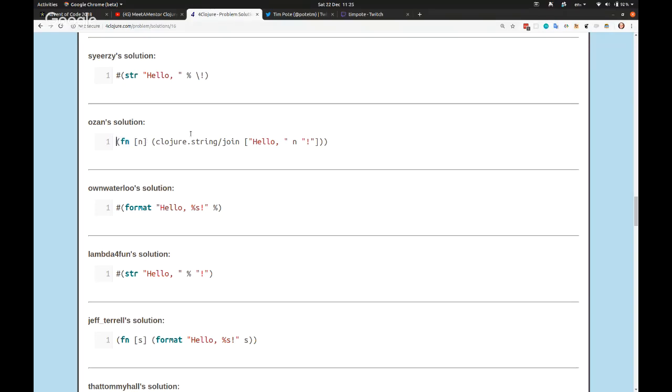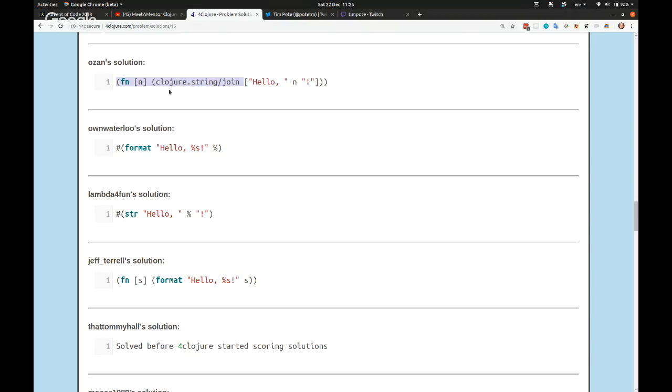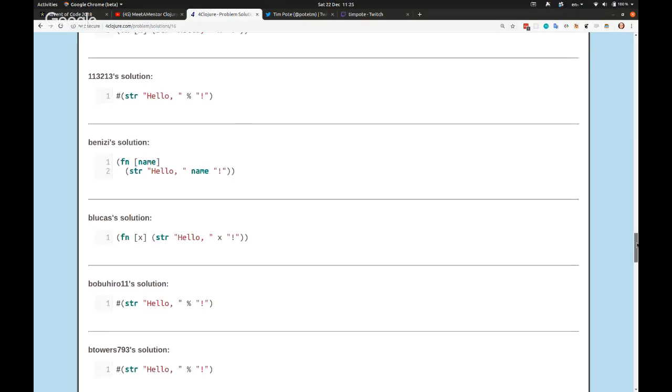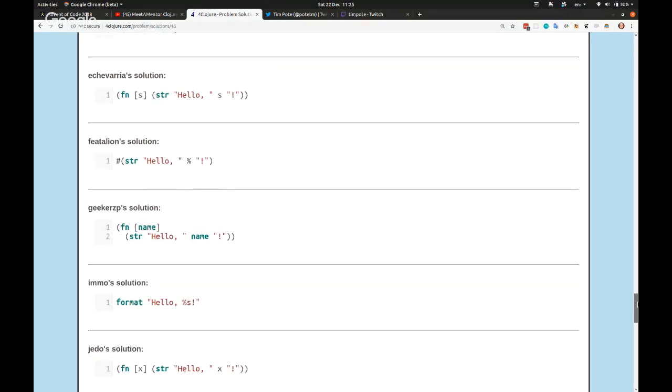So here somebody's specifically using clojure.string to join things together, which is perfectly valid, I guess. So this is using an extra, rather than using Clojure core, we're using clojure.string, which has a lot of really interesting functions for working specifically with strings. But we don't need anything like that for this, because the str function in Clojure core just works very nicely. I can't see anything that's really any shorter, so I'm not quite sure